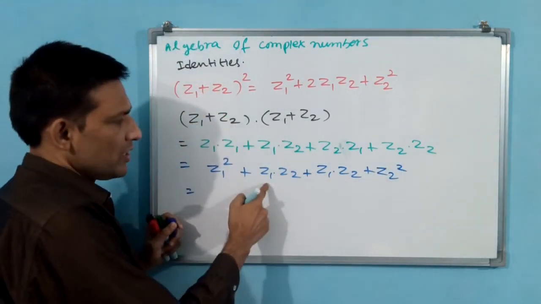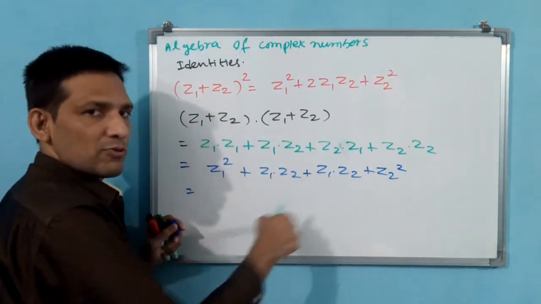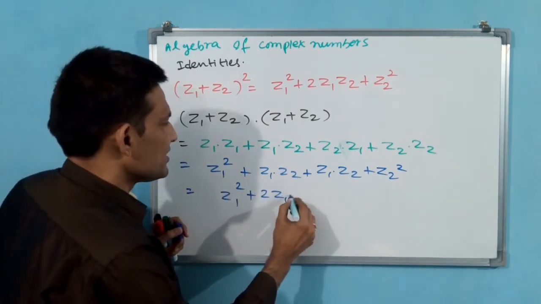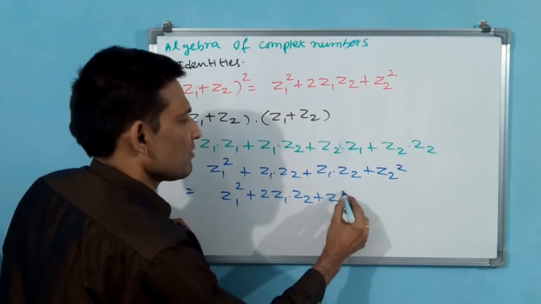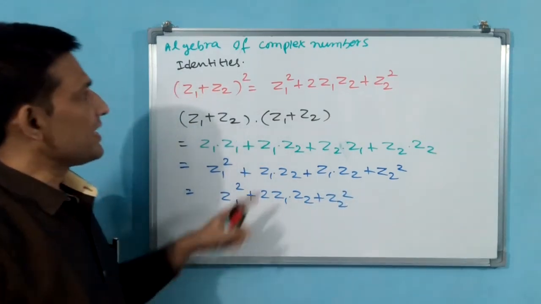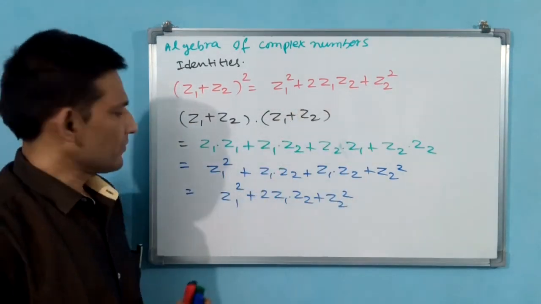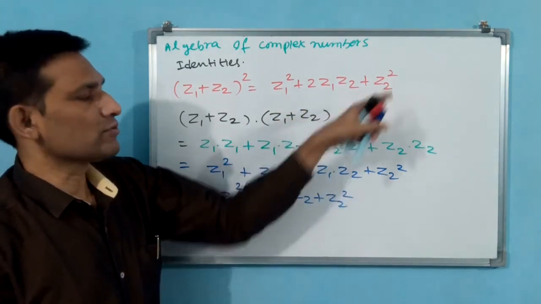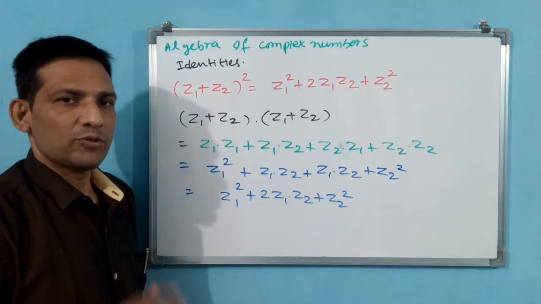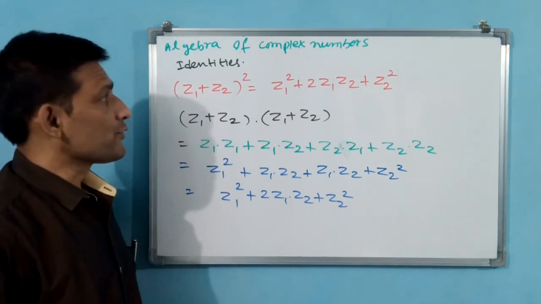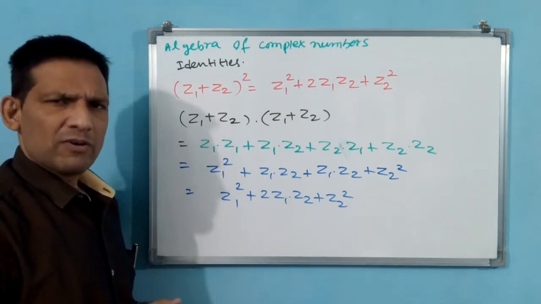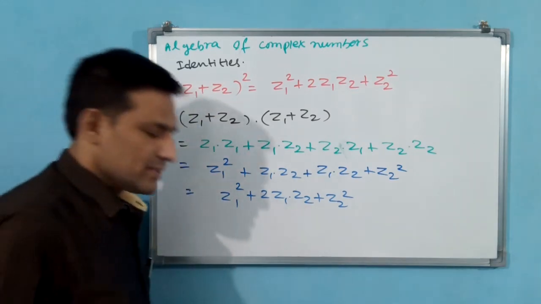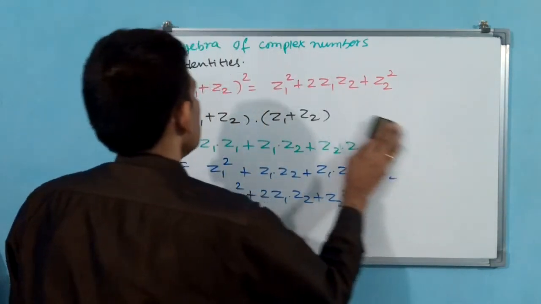Now Z1 Z2 plus Z1 Z2 is 2 Z1 Z2. Write down Z1 square plus 2 Z1 Z2 plus Z2 square. Is this the RHS? Z1 square, 2 Z1 Z2, Z2 square, same. You received it, no? Remaining 4 or 5 formulae are there. We write them directly without proof, because you have to memorize these. Okay, let us do.